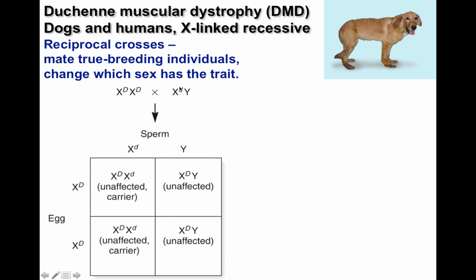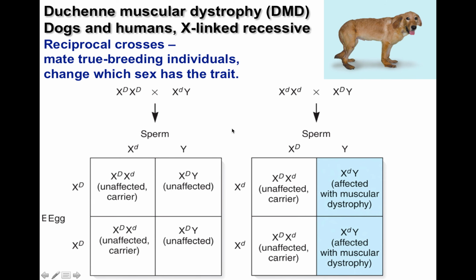What if we switch the parents that carry the trait? In this case, mom is producing eggs only with the recessive Duchenne's allele, and dad has the wild type X chromosome. In this case, all of the daughters are still going to be unaffected, and they are still going to be carriers, and they will have the same genotype with respect to the Duchenne's gene as they did in this case. It's just that here they inherited the wild type allele from dad,